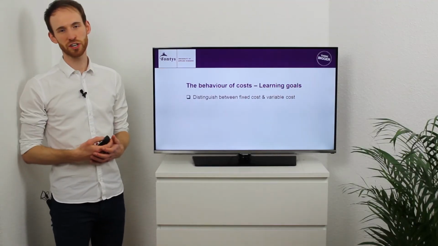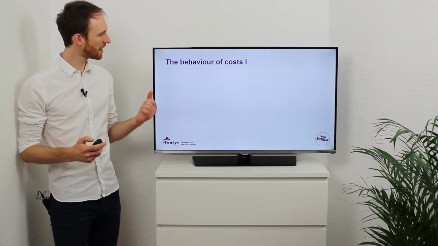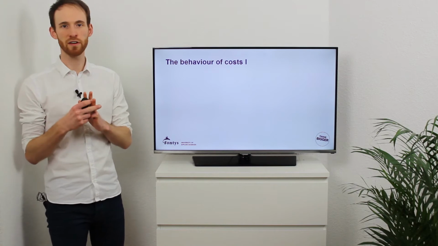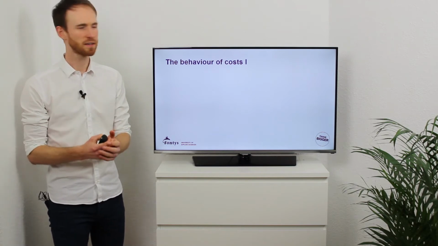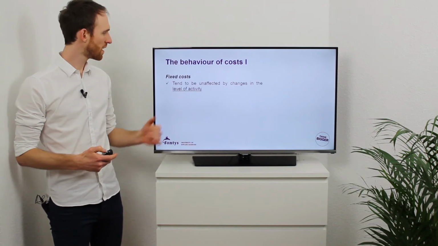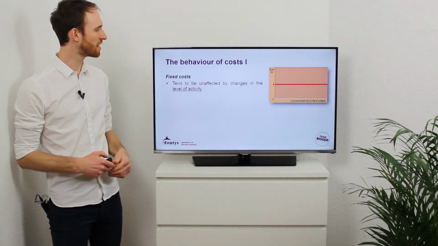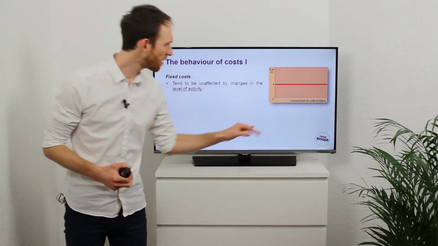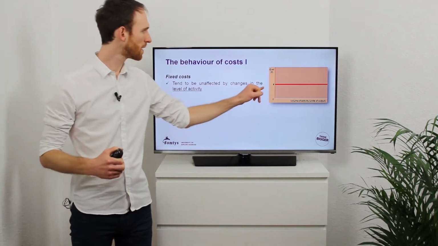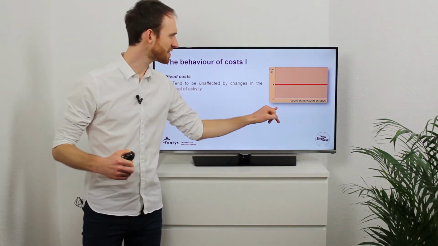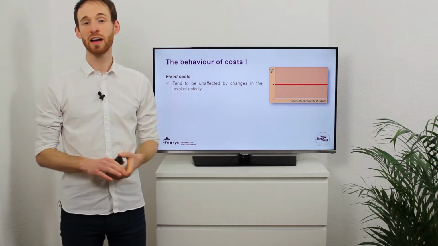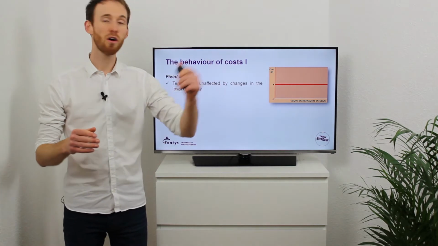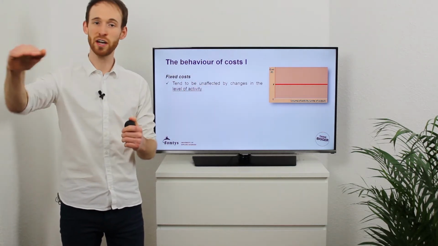So let's look at distinguishing between fixed and variable cost. Basically, what we can say is there are four different types of behaviors that we can look at. The first one is the fixed costs. They tend to be unaffected by changes in the level of activity. So we have the level of activity, maybe the units that we produce or the units that we sell, and that's the x-axis, and on the y-axis we have the cost item. It doesn't matter if we produce 200 or 300 units, it will always be a straight horizontal